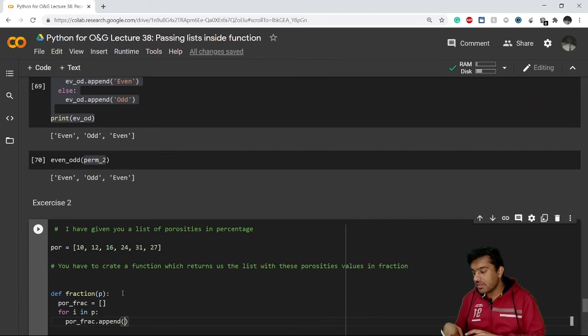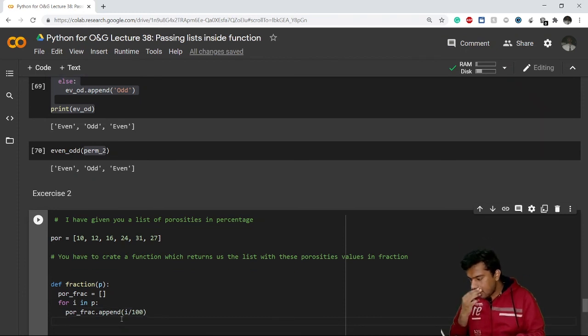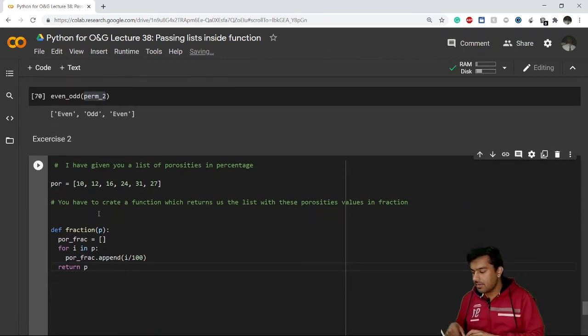Whatever the element of my porosity in percentage is, I just want to divide that element by 100. So I'll append i by 100, and after exiting the for loop, I'll return my list,